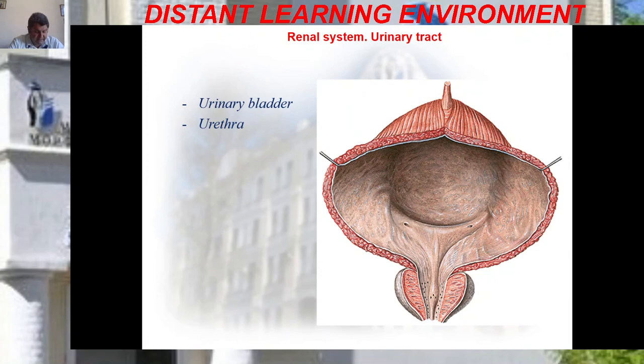Sometimes there is an elevation directly behind the internal urethral orifice. This is the uvula of the bladder, uvula vesicae. It is mostly found in the elderly due to the strongly developed middle prostatic lobe. The mucous coat of the bladder is reddish in color and is lined with transitional epithelium similar to the ureteral epithelium. Small mucous vesicle glands and lymph follicles are embedded in the mucosa.